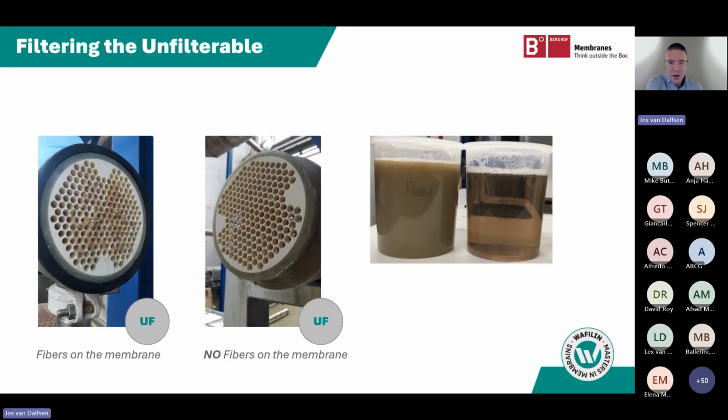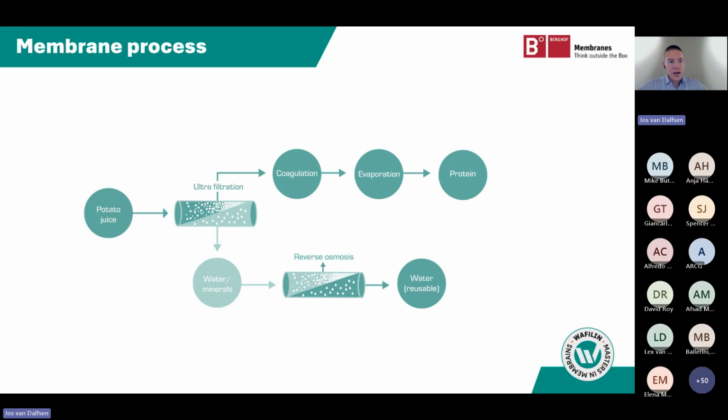So what is left is a UF permeate that you can see on the right picture as well. That is sent to the RO for the treatment and produce clean process water that they can reuse in the factory. So schematically, it's like this. So instead of sending the potato fruit juice directly to the coagulation line, we add a concentration step. So we concentrate the proteins and the fibers as well, because that's all collected in the same product, and that is sent to the coagulation. And then the UF permeate is sent to an RO where we produce reusable process water.